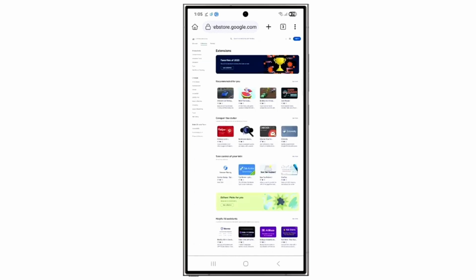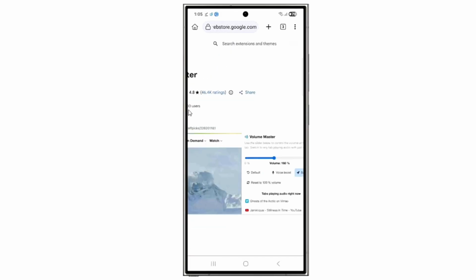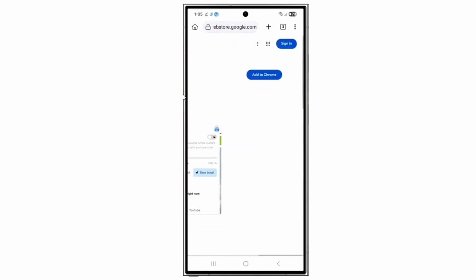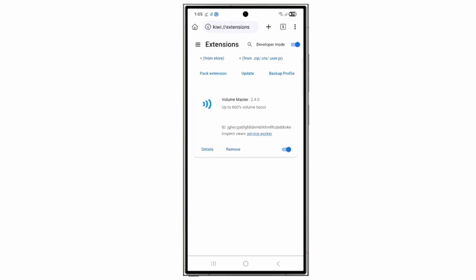Search for your favorite Chrome extension and tap on Add to Chrome. Then press OK. To check, tap on the three dots, then tap on Extensions, and you will see that the extension has been added